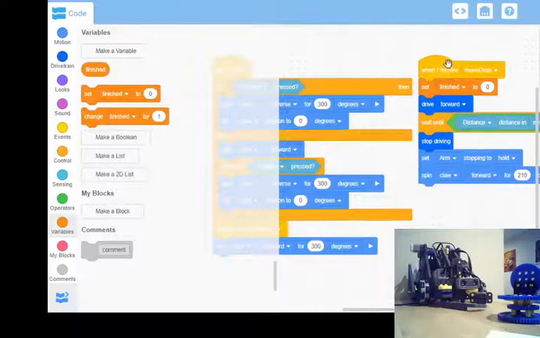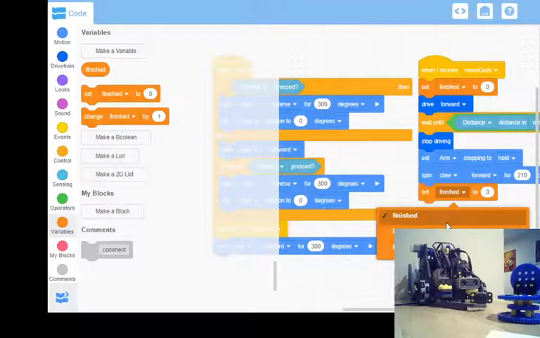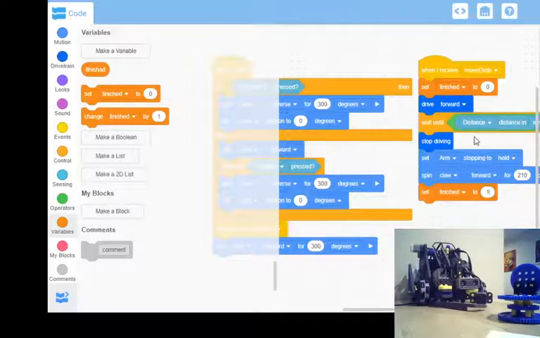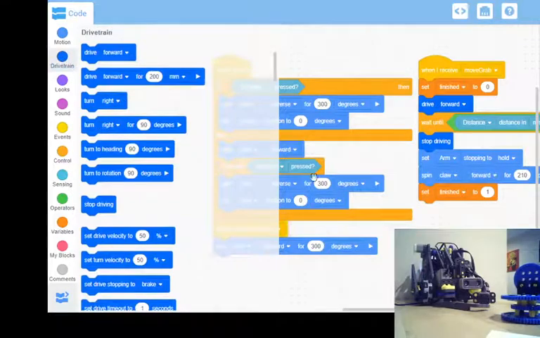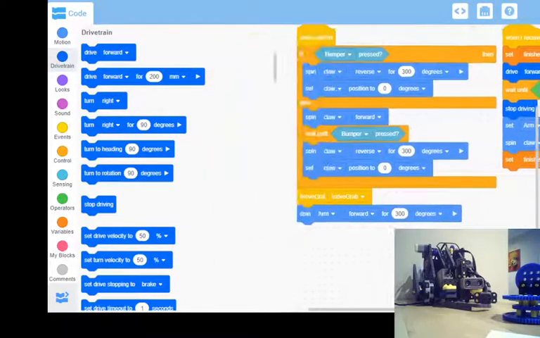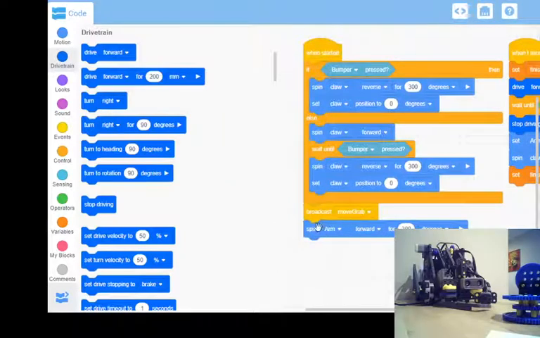So I've set finished to 0. So at the beginning, when this starts, finished is set to 0. And at the end, I'm going to say set finished to 1. So essentially, we're just going to play with a high and a low here. So we've got set finished to 0 at the beginning, set finished to 1 at the end. So down here now, let's move this over, in our code, what I could do is say,